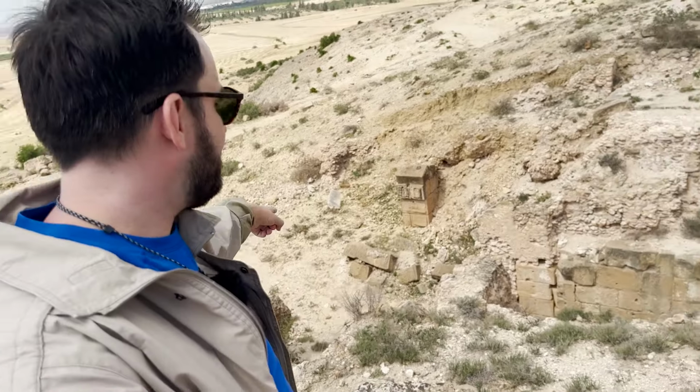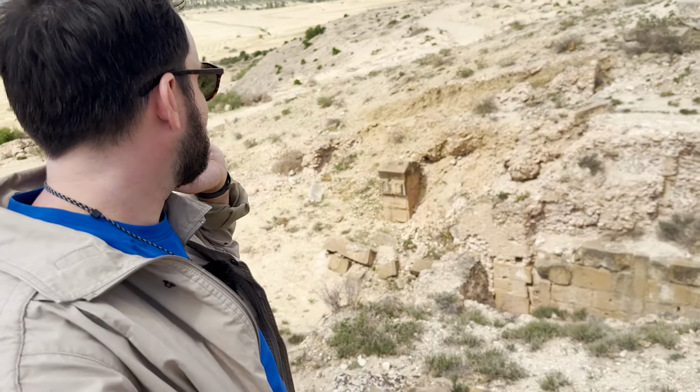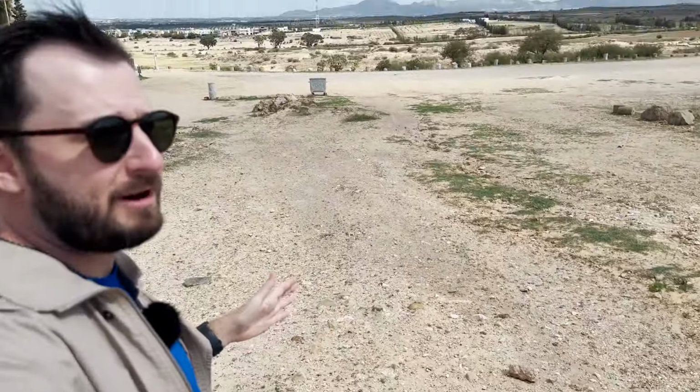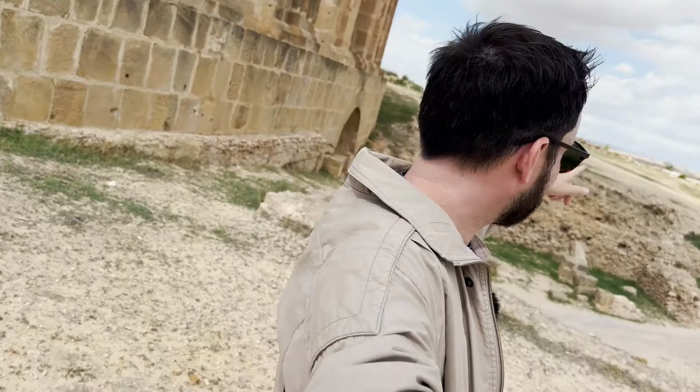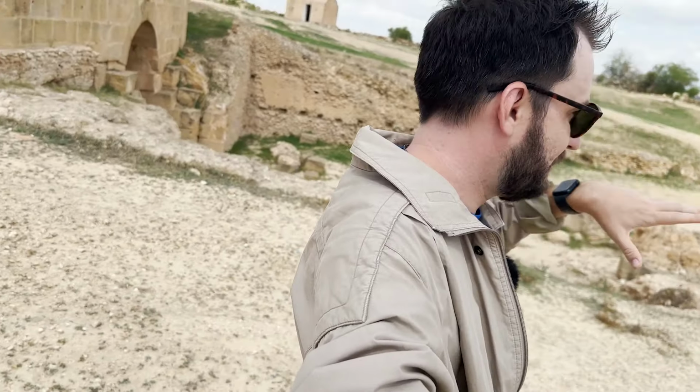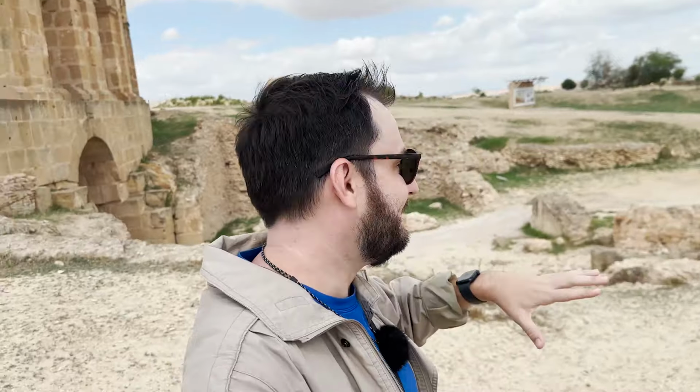Yeah, while there's an entryway that way, it looks blocked off, but let's see if there's a way that they do let us in. It seems like there would be. So I thought this was the parking lot where I came in, but I'm realizing I came in all the way over there. So I think this has to do more with the entrance that we're about to find. Because if we look behind me, this is the entrance to the floor